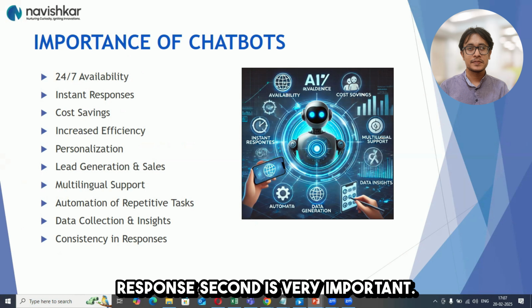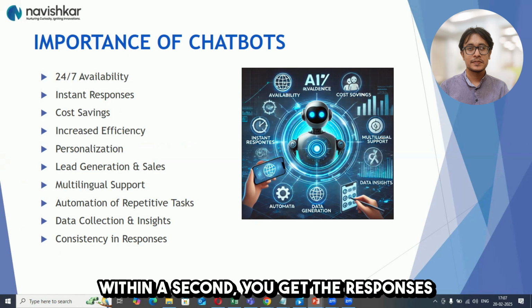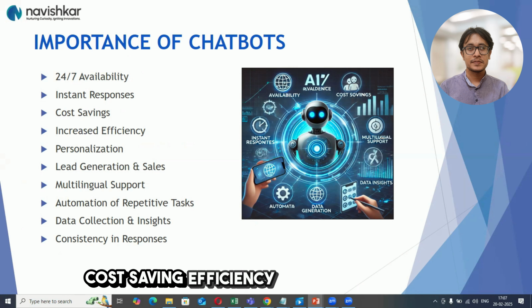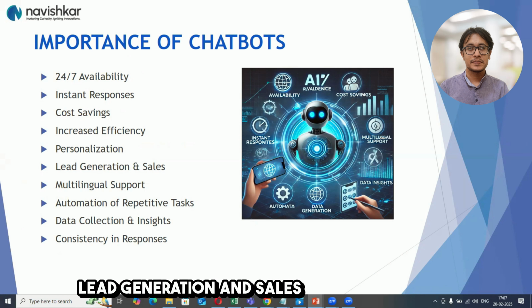सेकंड इज वेरी इंपॉर्टेंट, इंस्टेंट रिस्पॉन्स। बहुत जल्दी से आपको चैटबॉट से क्या होगा, विदिन अ शॉर्ट स्पैन ऑफ टाइम, विदिन अ सेकंड यू गेट द रिस्पॉन्सेस। कॉस्ट सेविंग भी है, एफिशिएंसी भी बढ़ा सकते हैं, और पर्सनलाइजेशन एक्टिविटीज के लिए भी यूज कर सकते हैं, उतना सारा इंपॉर्टेंस है। एंड लीड जनरेशन एंड सेल्स, आजकल मार्केट इतना ग्रो हो गया है कि हमारे पास लीड एक्टिविटीज